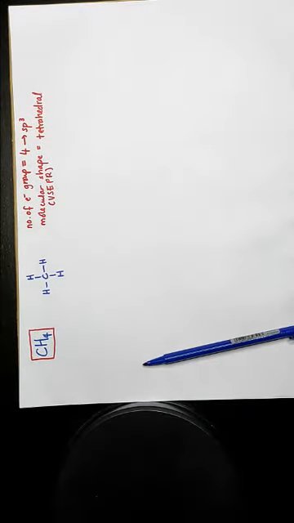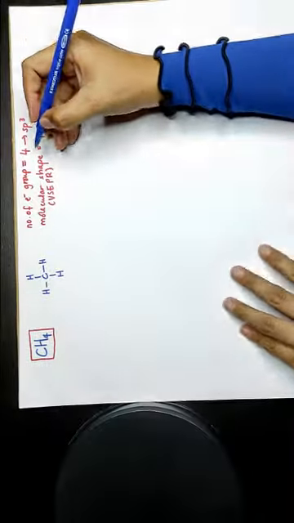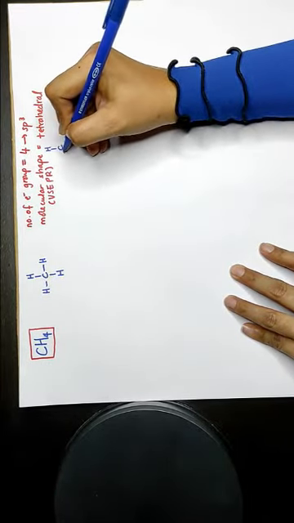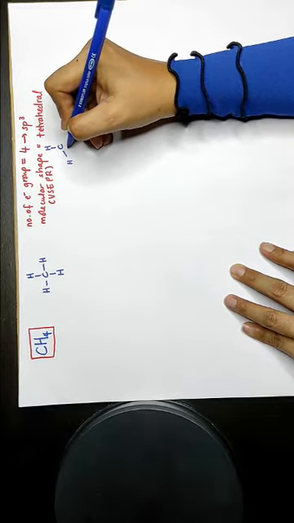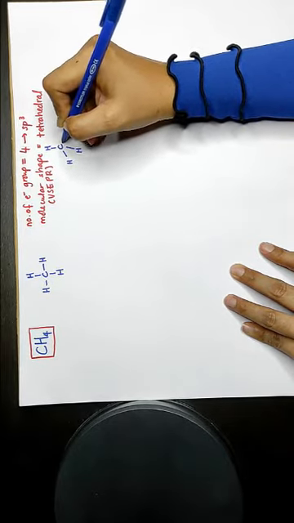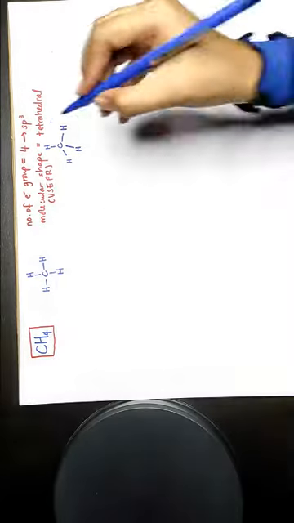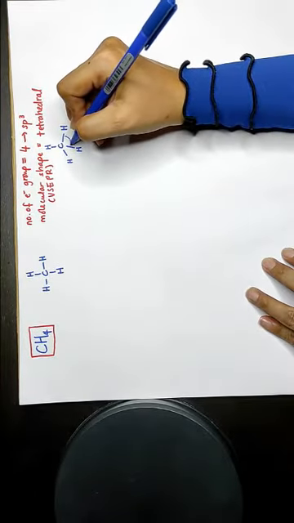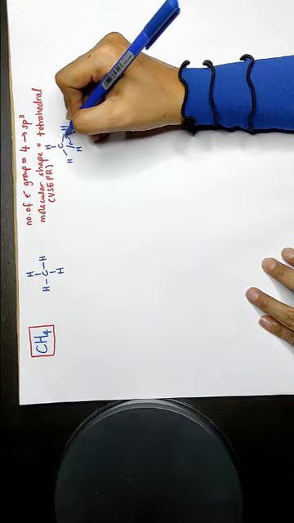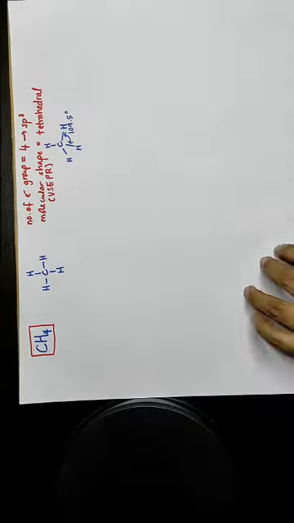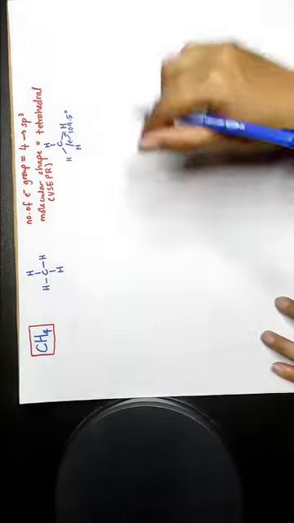So when you draw it, the molecular shape of methane is like this, with bond angle 109.5 degrees. Okay,